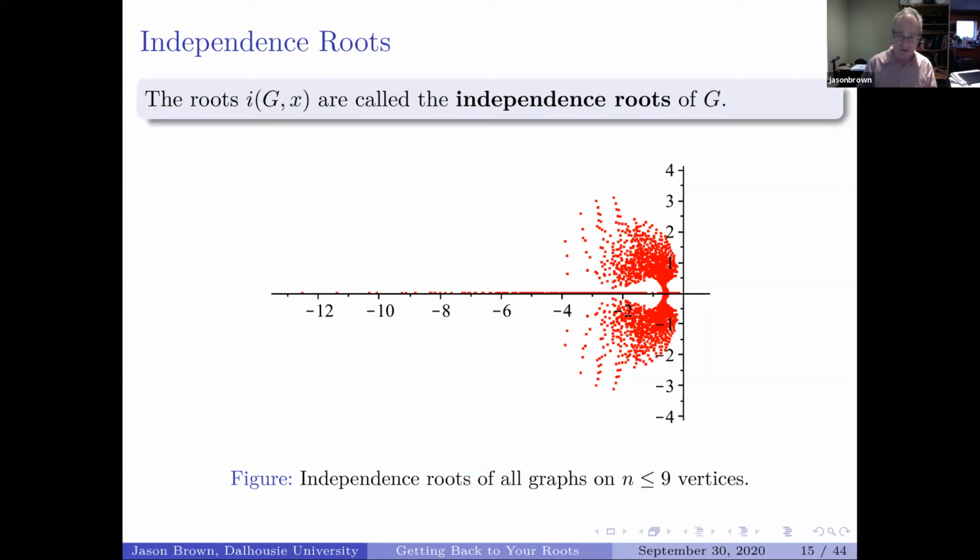The questions that arise are: are the roots dense in the left half plane? We've only looked at graphs of order at most 9. So we want to find answers to all these questions, and then find out what we can attack, and even more importantly to me, what are the deep theorems of analysis, old theorems due to the masters of analysis, that we might apply to these independence polynomials and their roots.